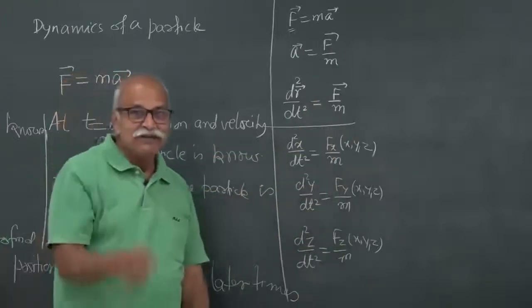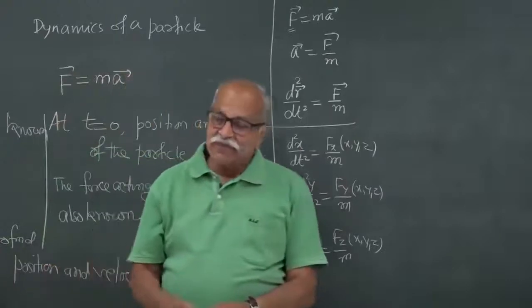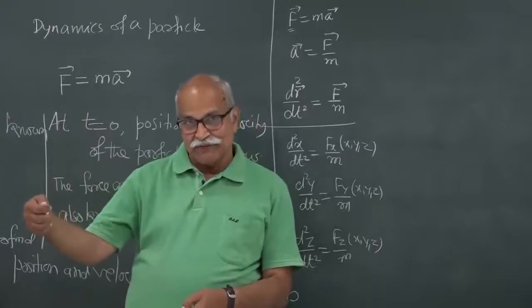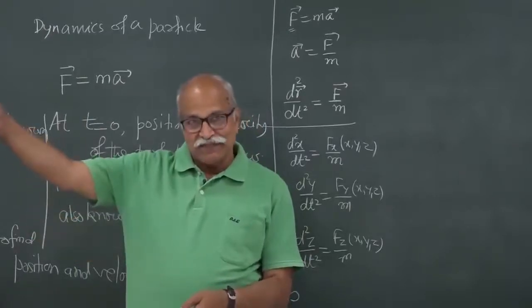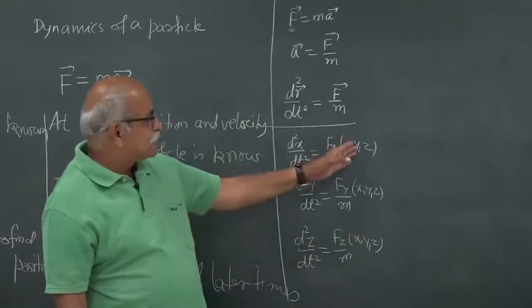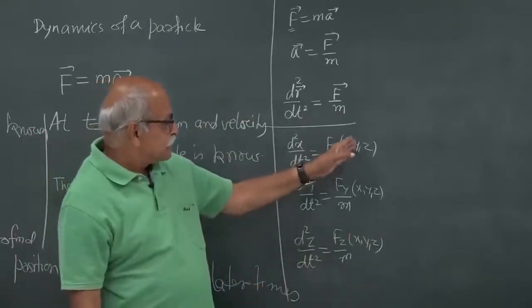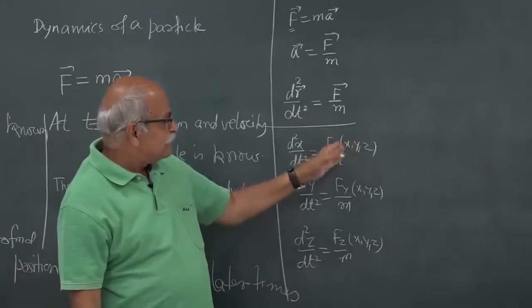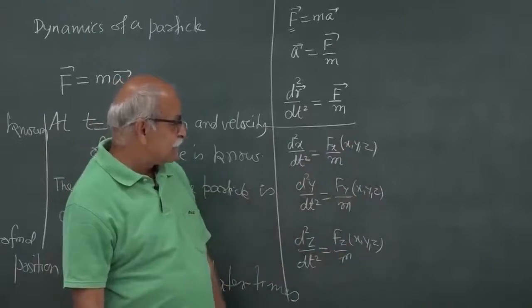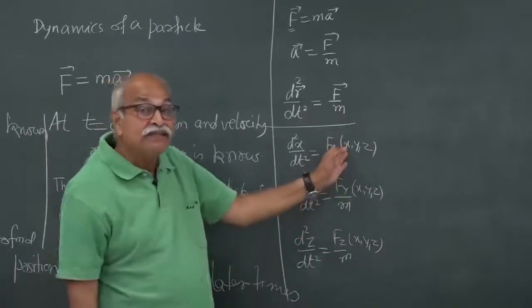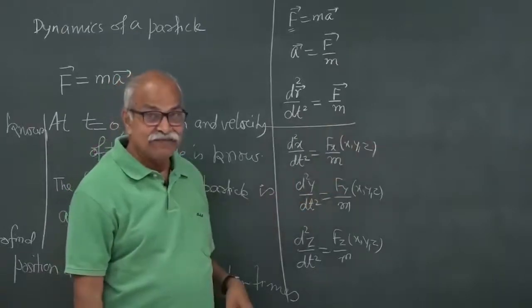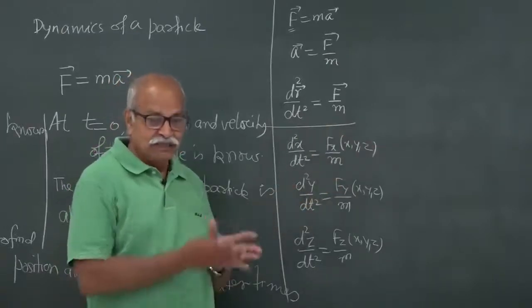Just like if you have a pendulum, then if the pendulum is here, you have a particular force, if the pendulum is here, you have a particular force. So, it depends on the space position of the particle, and therefore, it can be a function of x y z. If it so happens that it does not depend on x y z or t, it is constant, or